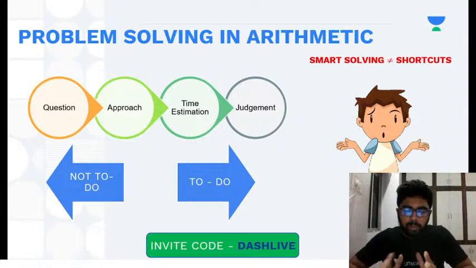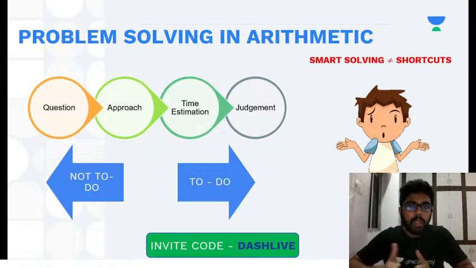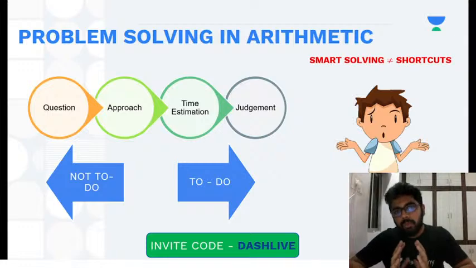And once you are through with this, I can see the answer. I always say in my sessions also, finding the answer versus seeing the answer. There's a difference, and this process is seeing the answer. You haven't found the answer yet, but in the first 30 seconds you can see it. This is what I need to do, this is how I need to proceed, and maybe if I do this, I can reach the answer. If you can do that, 99.9% of the time you will find the answer.